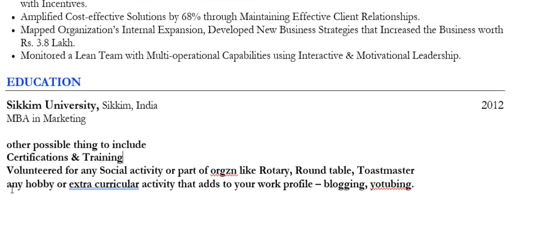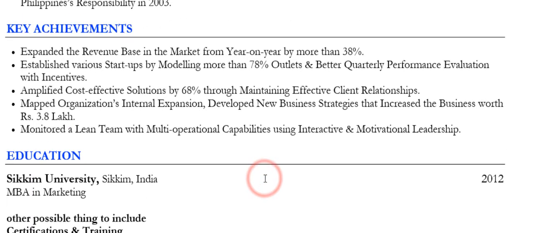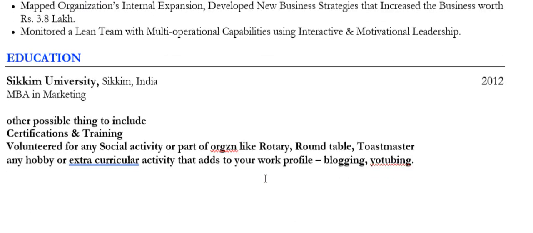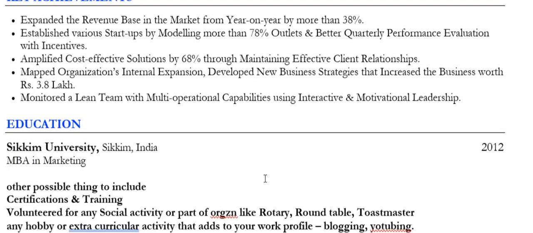And then in the end you put your education, and if languages are important, just write the languages you know. And if you want to mention some hobbies, mention hobbies which are relevant to your work profile. Say for example, if you do blogging related to your work, you can write blogging. Or if you're a YouTuber and you make videos on a particular niche, you can write that you are a YouTuber, okay? So put things which are relevant. Don't put things like watching cricket, which is not relevant, okay?